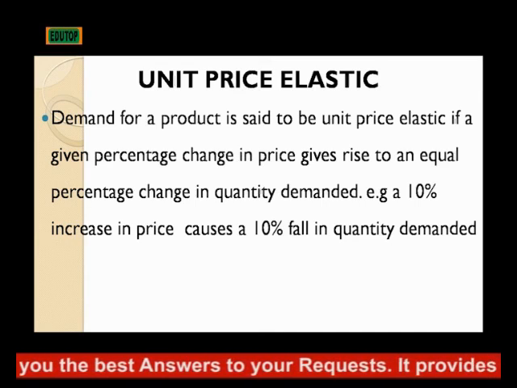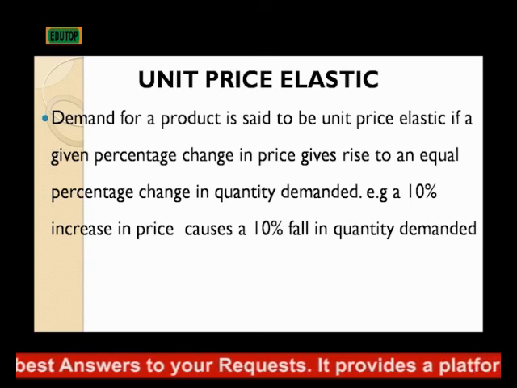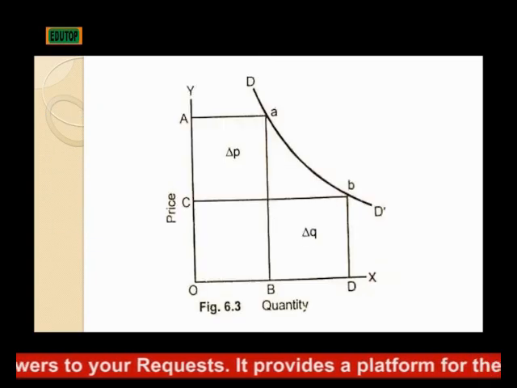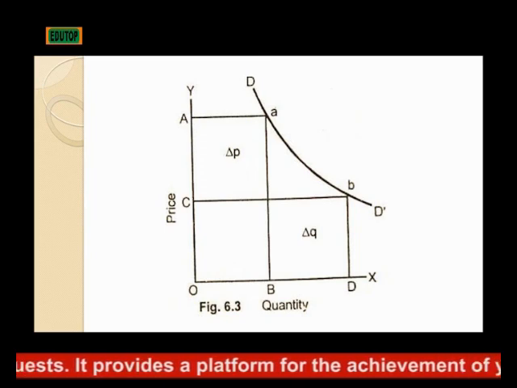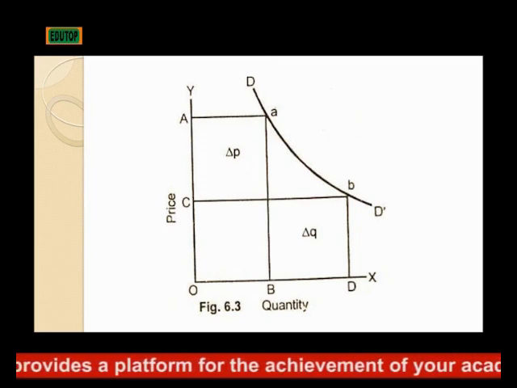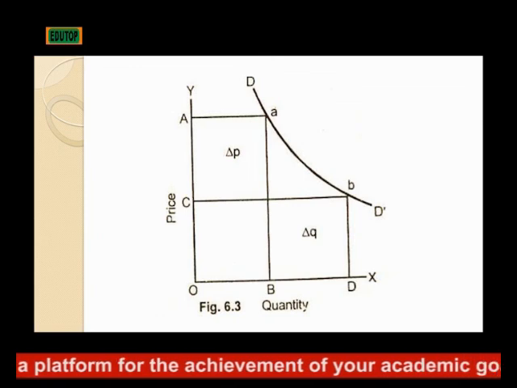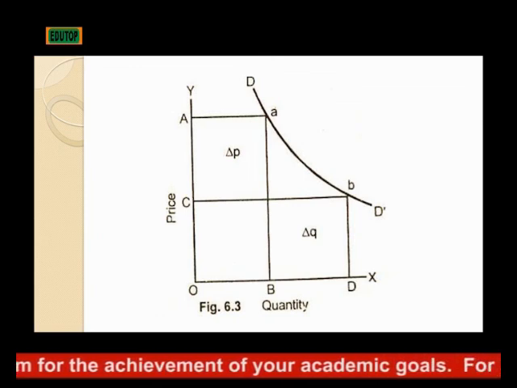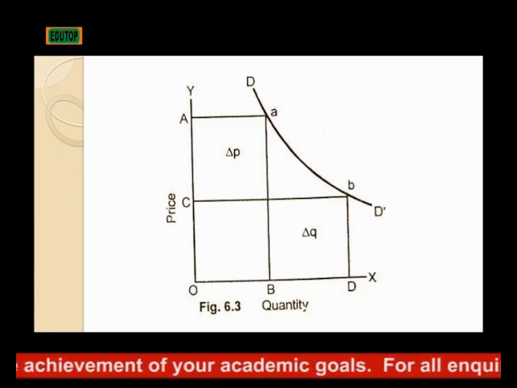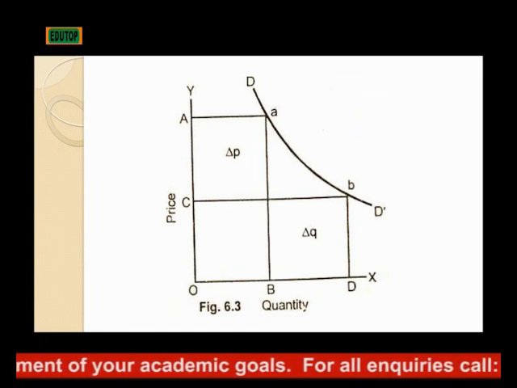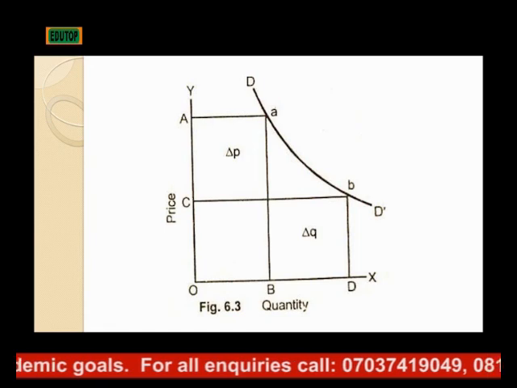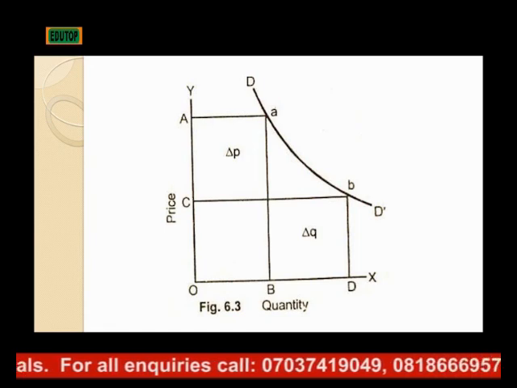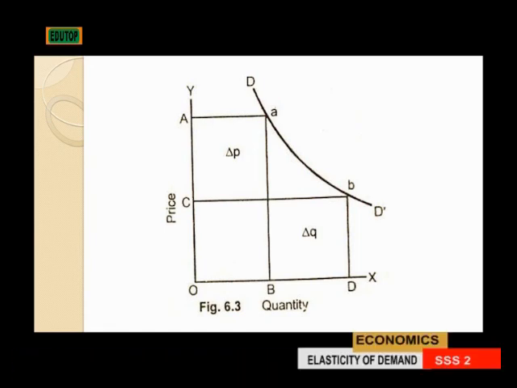In that case, we say we have a unit price elastic demand, and the curve will be of the same size. That means the distance between P1 and P2 on the curve will be exactly the same as the distance between Q1 and Q2, showing that the distance between the new price and the old price is the same as that of the